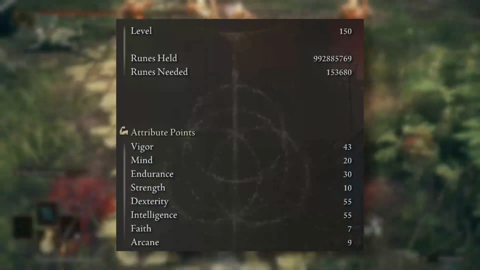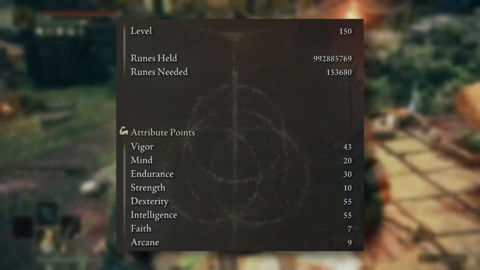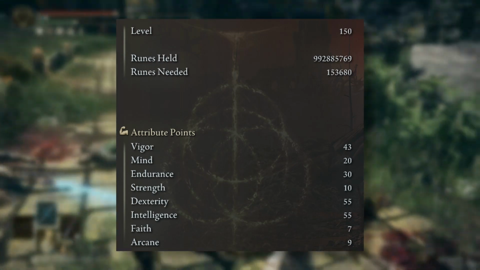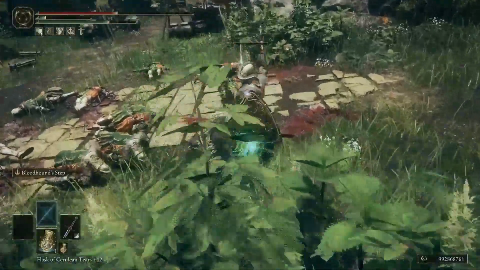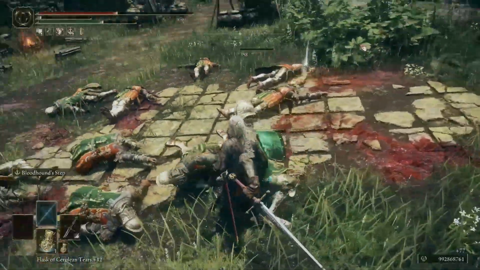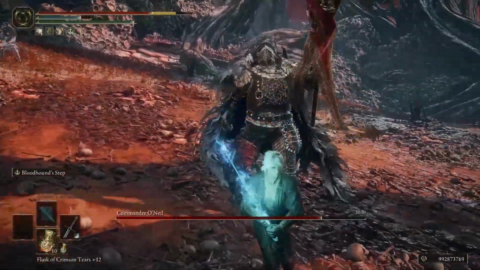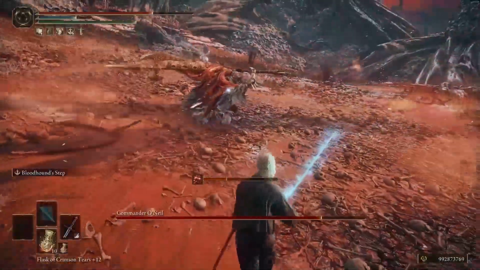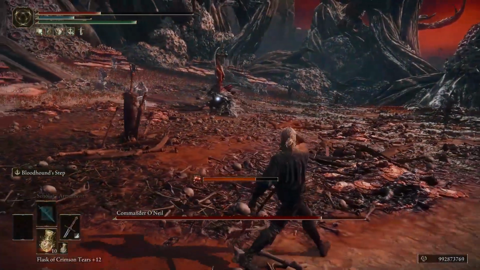At level 150, I put 43 points into vigor, 30 points into endurance, 20 points into mind. The biggest mind-sucking spell you have, obviously, is the magic buff on your weapon, but because of some talismans you're going to use, you won't have to use it a lot during a fight or a sustained long fight like a boss fight. And of course we're going to hit the soft caps, both dexterity and intelligence, which is 55 for both. Now you need to actually spend 2 points into strength to be able to wield the two swords,